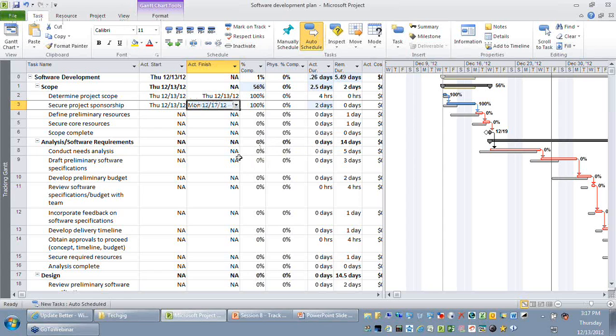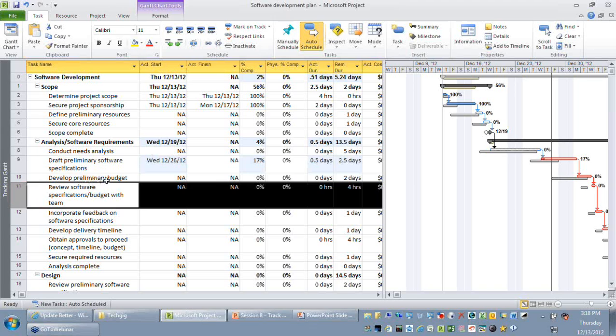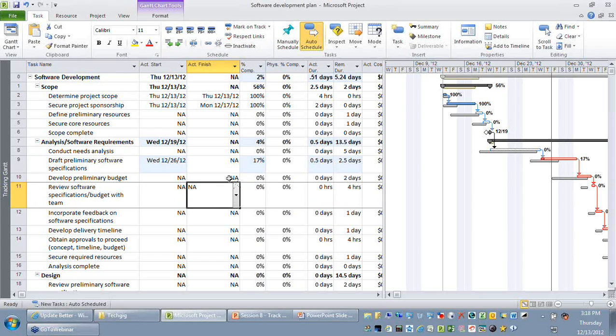So now let me take another example. I'm going to take a task which is falling on the status date. I hope you can see that there is an activity that falls before and after the status date. So if I say this task is Mark on Track, you can see it is only 17% complete, because only 17% of the task is happening before the status date. The remaining percentage is falling after the status date. If I select an activity that falls after the status date and I say it is Mark on Track, naturally that activity's percentage complete will not get updated.